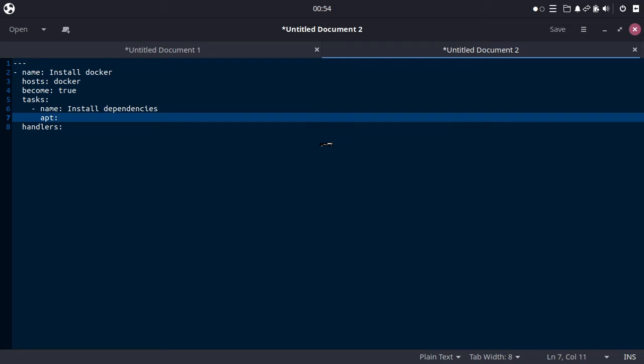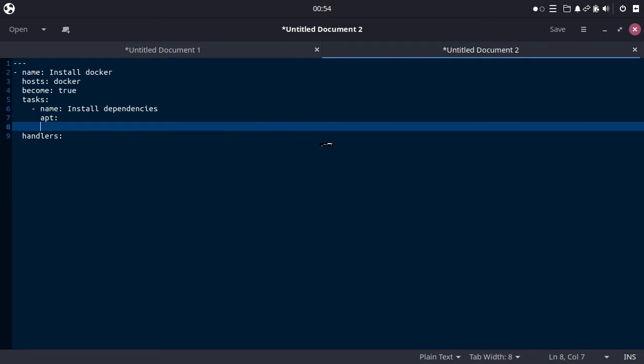apt, because we are using a Debian base, or in my case Ubuntu servers. If you are using CentOS or Red Hat, use yum. Yeah, you can just type yum, but in Ubuntu we use apt. Okay. Next is the application name that needs to be installed.